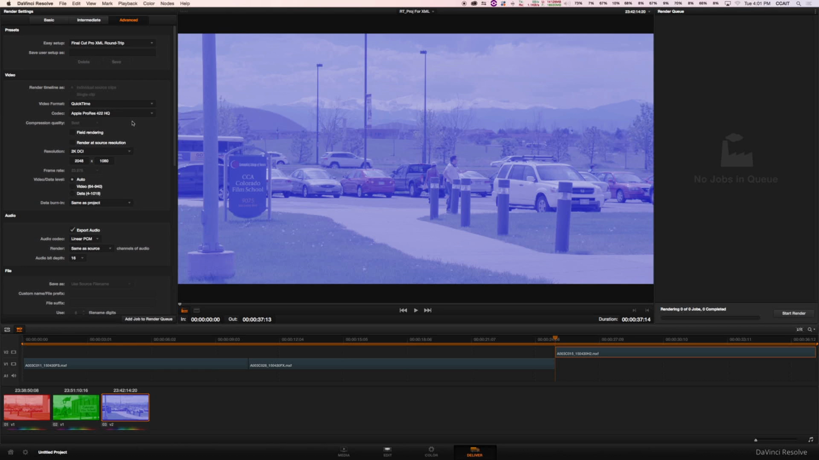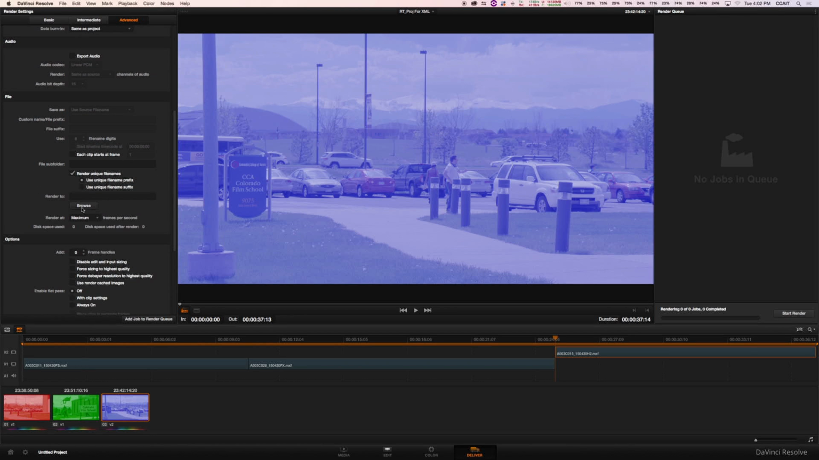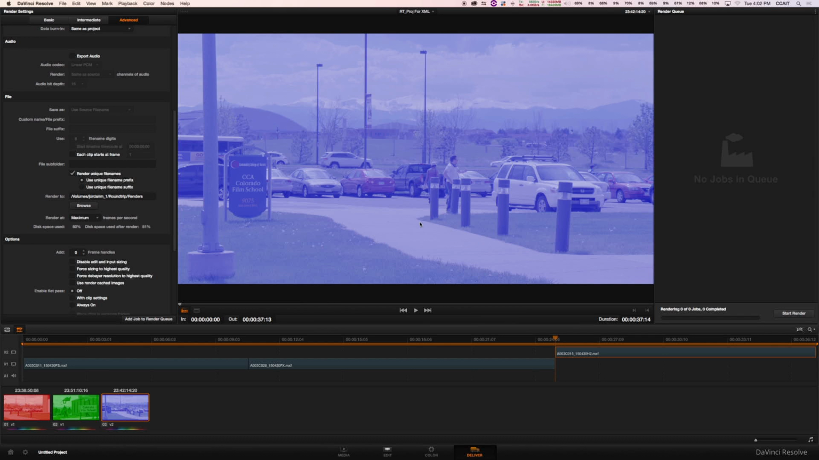I'm going to render them out for this instance at ProRes 422 HQ. I'm also going to select render at source resolution. I'm going to want it to render out at that full 4K. Definitely going to uncheck export audio because there is no audio. And down here on this render to, I'm going to tell it to go to this nice renders folder that I've already created in my Roundtrip folder for this demo. Pointing it to there,